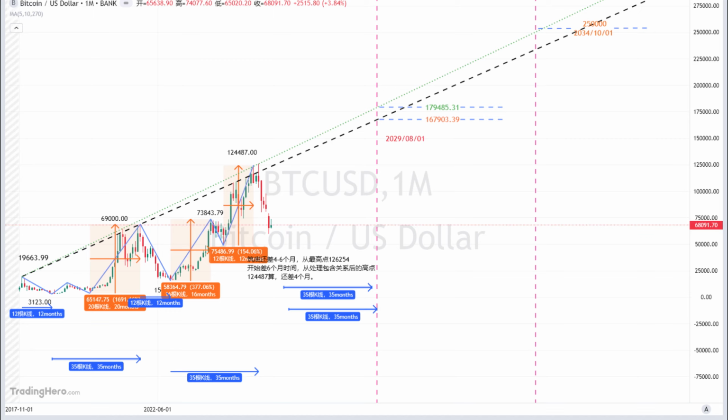Now we can draw a future timeline, draw a vertical line 35 months from now, which will intersect with the 2 resistance trend lines. The highs around June 2029 would then be approximately 167,900 and